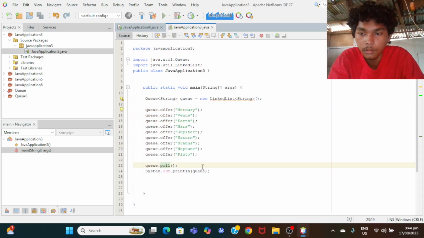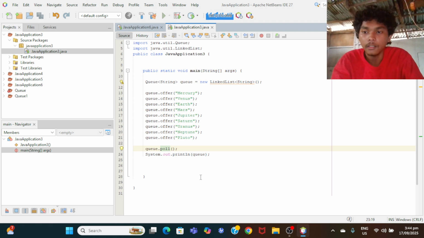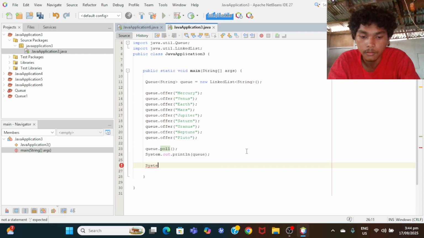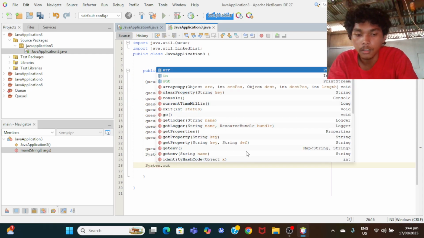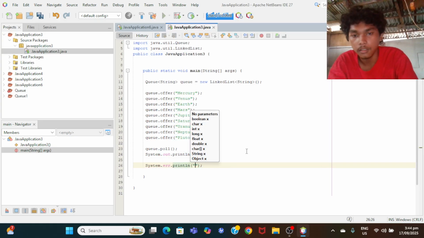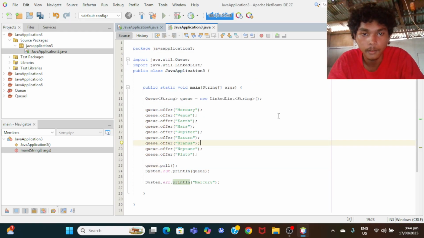So what we're gonna do next is print the Mercury even though it's removed. Let's put here System.out.println. Let's type Mercury. So let's try this one.